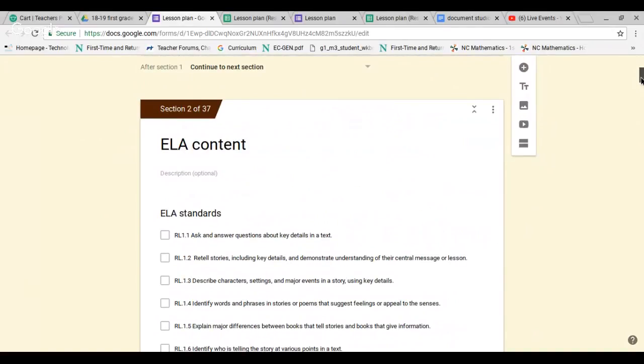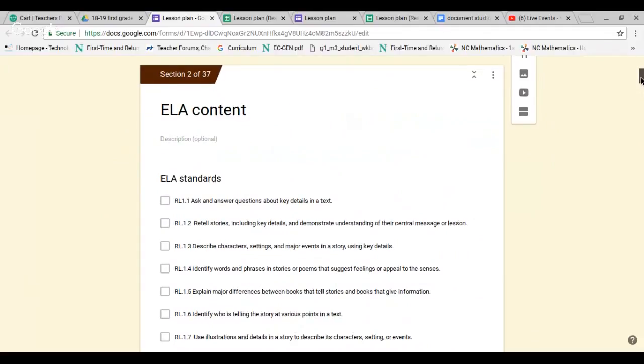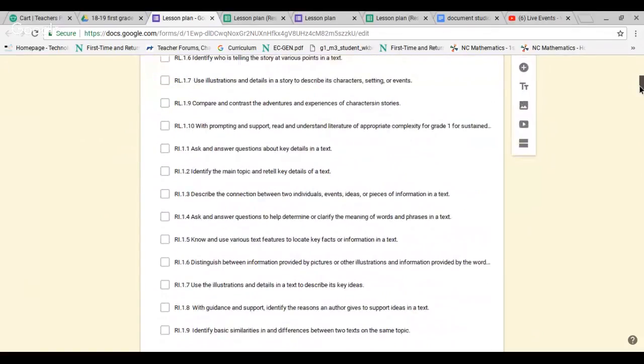It just saves us time from having to go in and type in all those letters and numbers and then figure out, okay, what is it that we're covering? Because it's been entered in here once, I just do the checkbox, boom, it's done. So I've done that for all the different concept areas of all those standards. And these are the new standards that we are going to go to this year, the new North Carolina Standard Course of Study. And so I've got them populated, and I've worked on the literature and the informational text